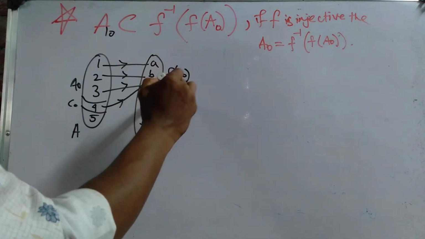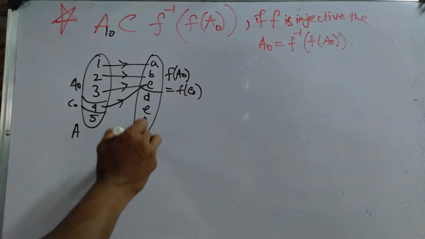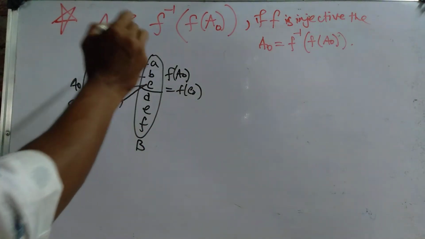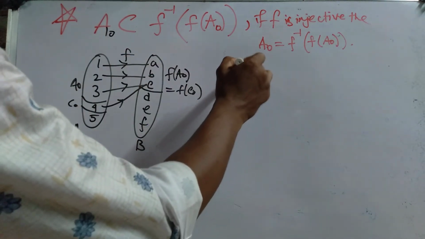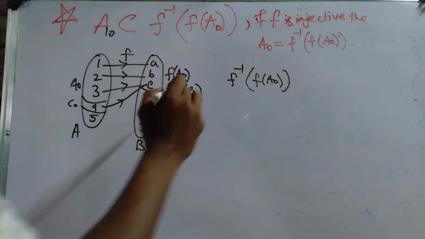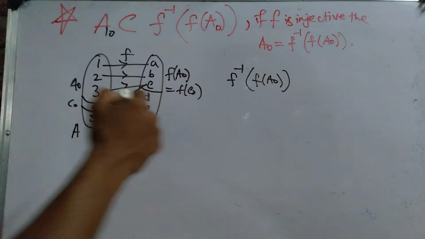This one equals f of C0. This one is B. Okay, this one A, and f inverse of f of A0 equals